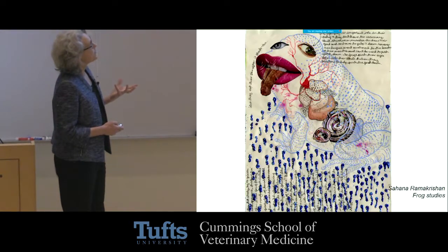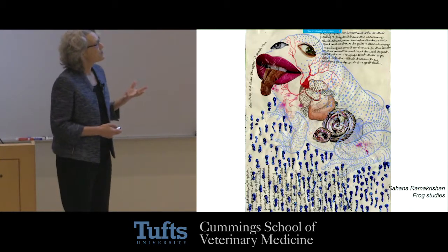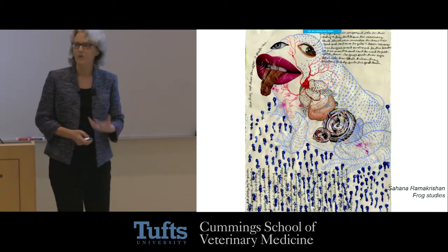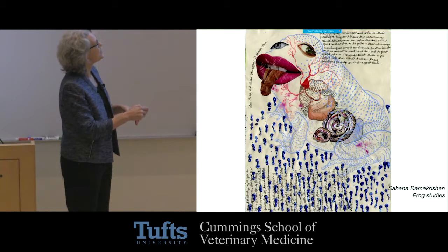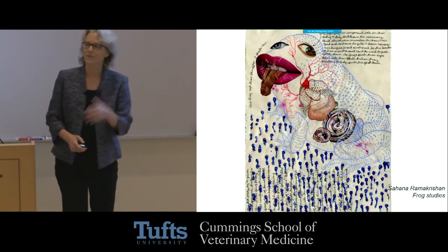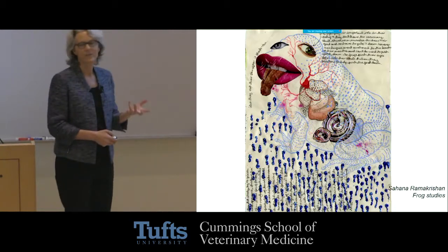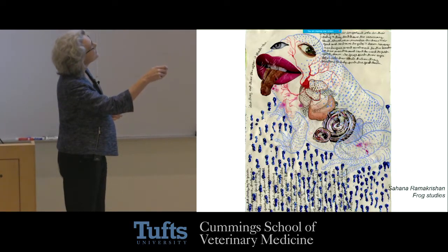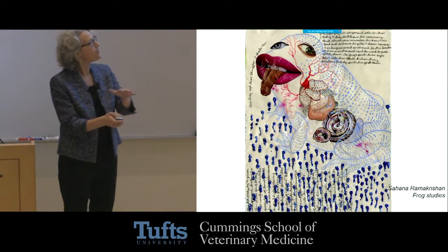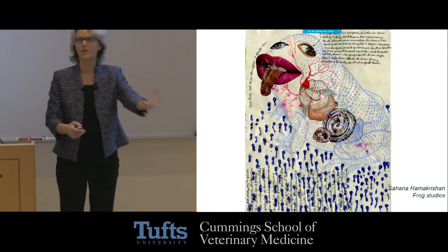So here's a more fun way to play with frogs. This is an artist. Her assignment was to do some kind of diagrammatic representation of a frog. And this is a collage, and it's brilliant. There's all this writing about how frogs need water to reproduce, and what tadpoles do, and how frogs have this interesting skin, and there's only so many species of frog, all in these little notes. And then this is sparkly stuff, and then she did a collage tongue, and her actual book for this course was huge pages, each one a whole collage animal